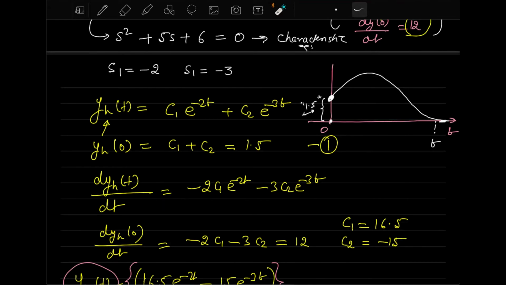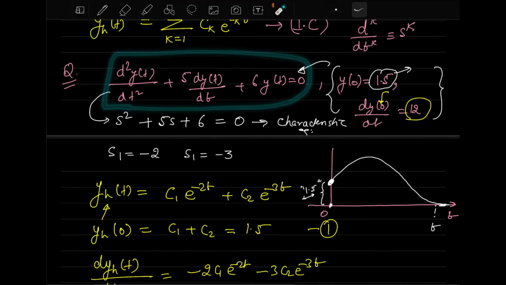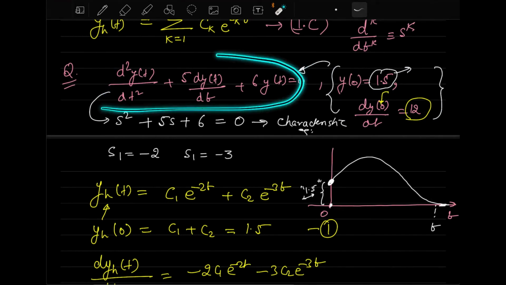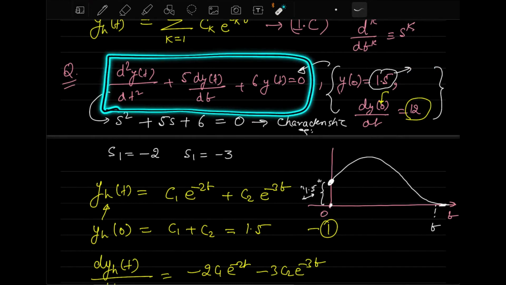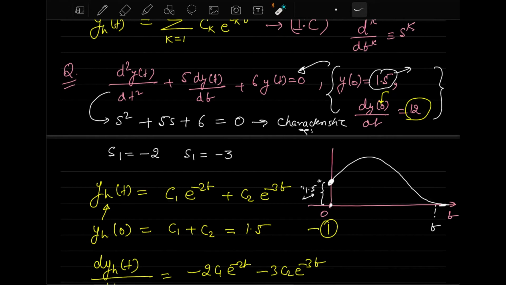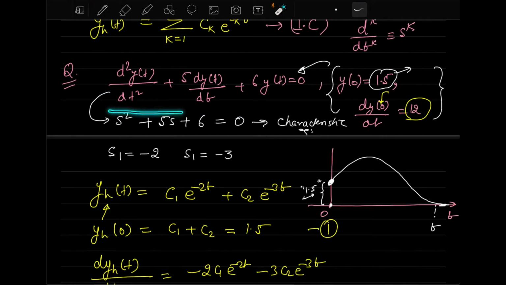And the third important point that I want to discuss is that since you are posing these initial conditions here, what can you say about this system, whether this differential equation is time variant or time invariant? Can anybody tell me that? If you are posing that you have these initial conditions, then will this differential equation be time invariant or time variant? Sorry, linear or non-linear? Time invariant will be there. This equation will always be time invariant. But how about the linearity? Whether this differential equation is linear or non-linear? Anyone?